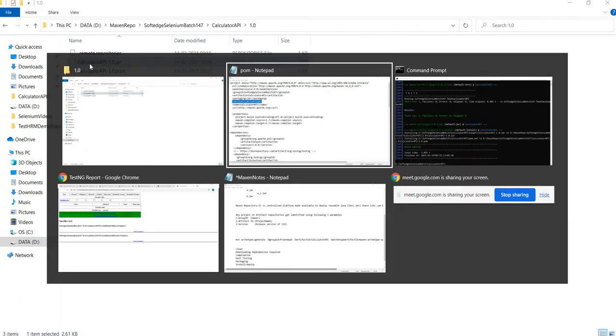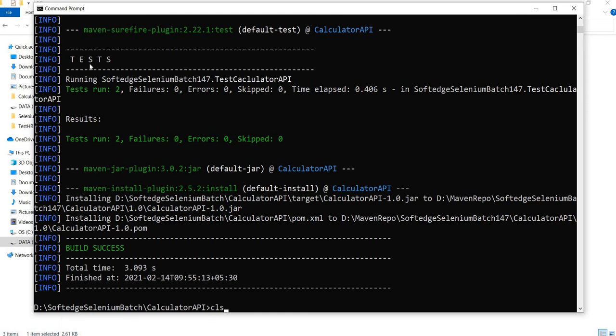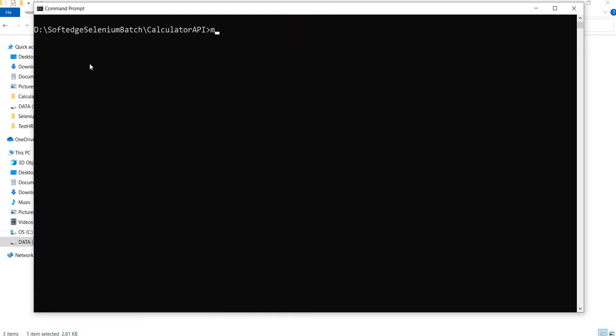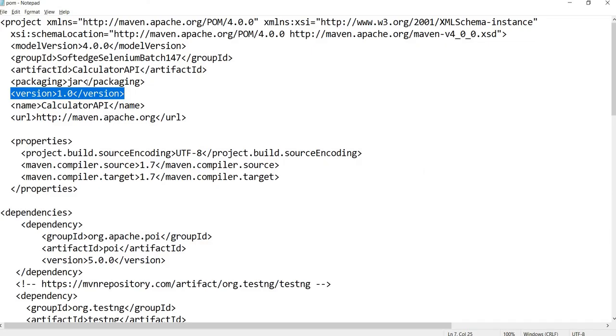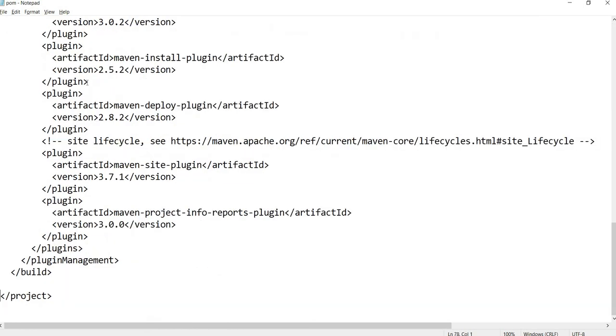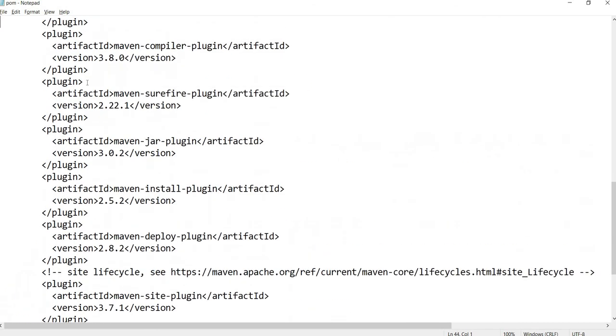Right. One more very important point: when you run any Maven phase, let's say mvn install, Maven doesn't run only this phase. It runs all the prerequisite phases. Even if you don't mention Maven to run these phases separately, the ones which we saw right now, Maven runs all those phases.